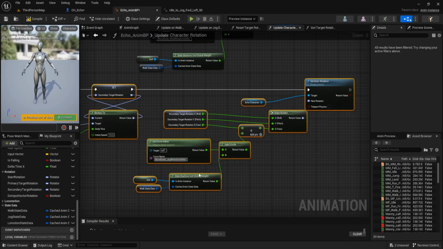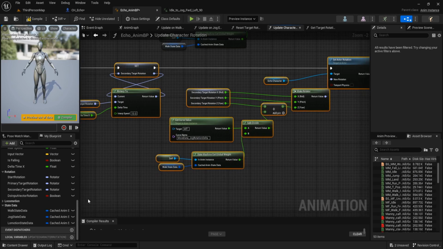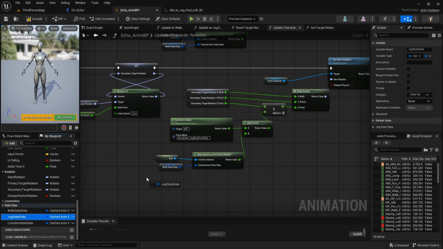Move data, jog rotation data, and get jog state data instead of walk state data. And now it controls the rotation of the character when turning while jogging.